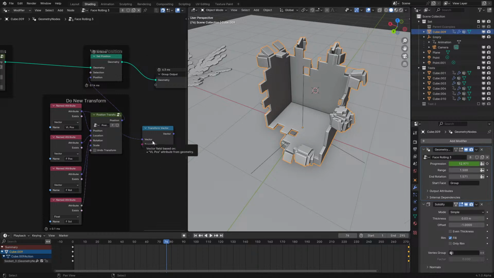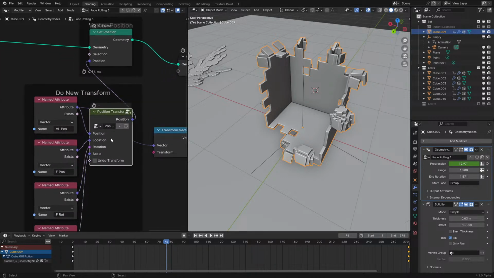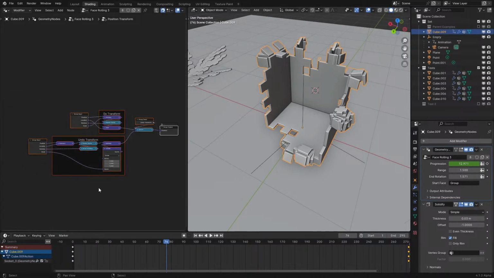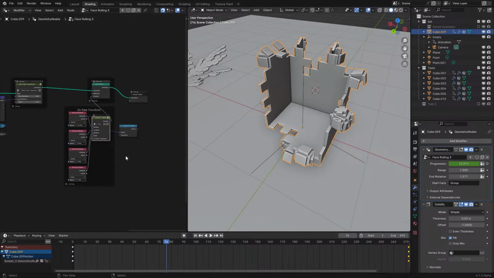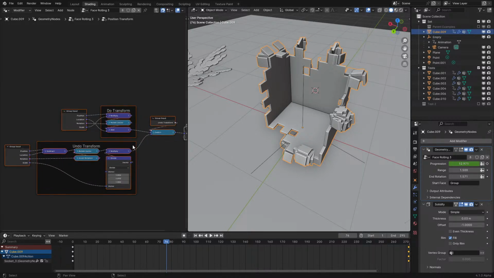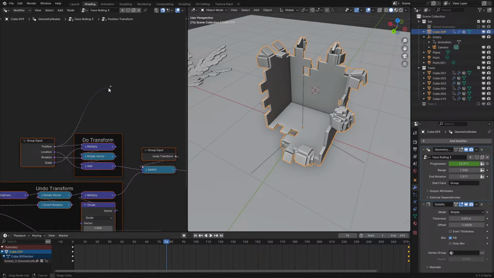You could make an inverted rotation thing that you made before, but faster. Yeah, like this already, I wouldn't even need to make a node group because it would be two nodes: transform vector, and then just invert the other transformation. Or, you know, I would just replace the internals with something that would be faster. I could do that now. Yeah, I could just go and replace a lot of this. So do transform,